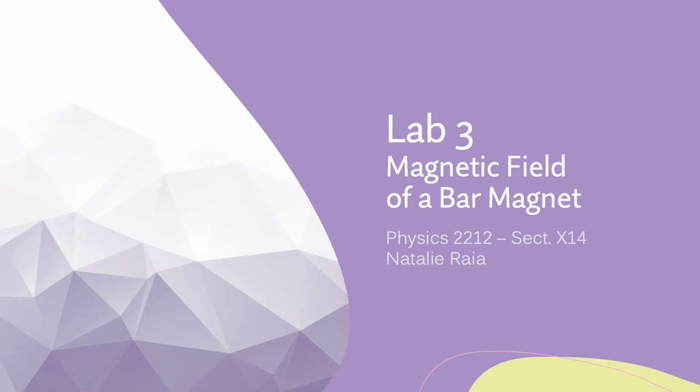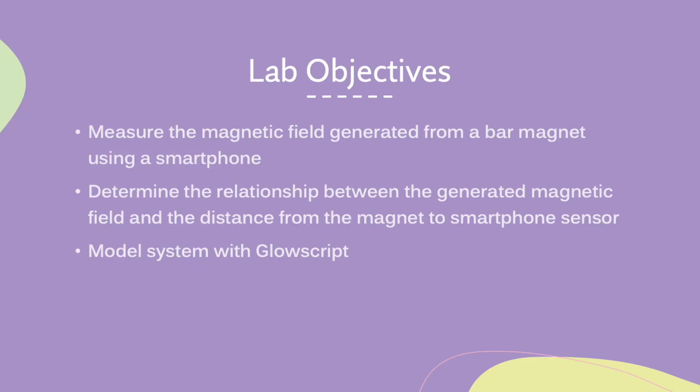Hello, I'm Natalie Rhea. Today I'll be discussing Lab 3, examining the magnetic field of a bar magnet. The objectives of this lab include measuring the magnetic field generated from a bar magnet using a smartphone, determining the relationship between the generated magnetic field and the distance from the magnet to the smartphone sensor, and modeling the magnetic